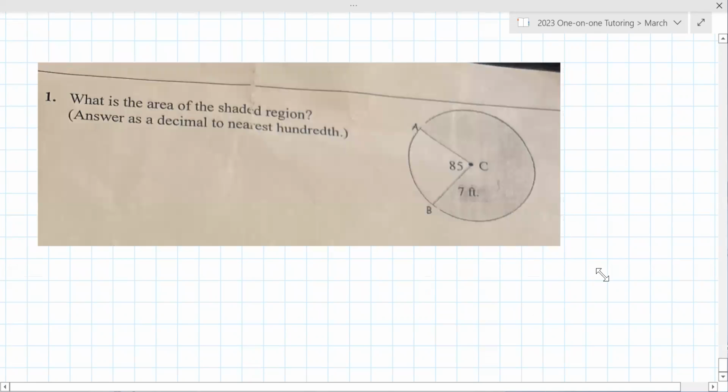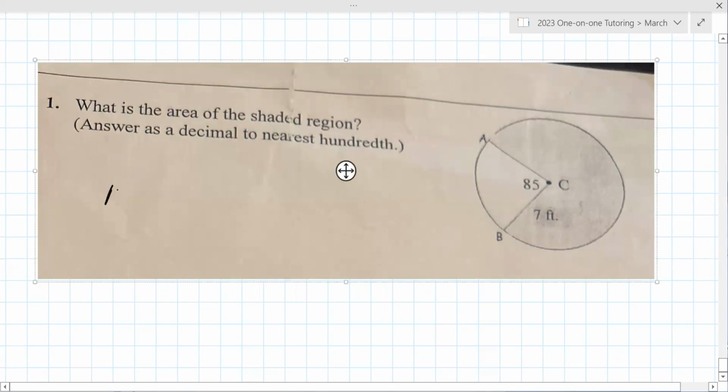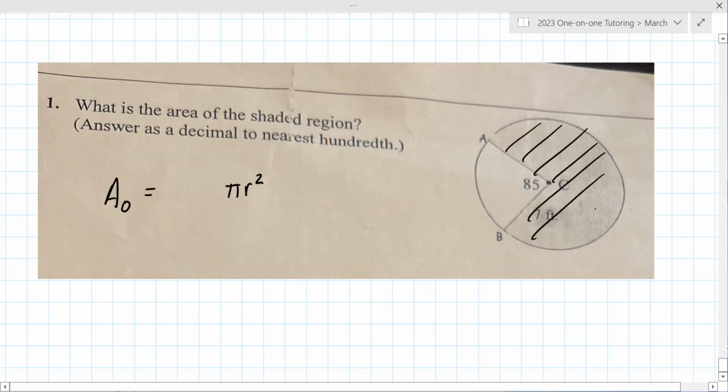All right, what's the area of the shaded region? The area of a circle is pi r squared, okay? But this shaded region, this sort of Pac-Man, is not the whole circle, right? It's a fraction of the circle. If you were to go all the way around the circle, that's 360 degrees, but you're not going all the way around the circle. You're only going 360 minus 85 degrees, because that 85 is there. So you're only going most of the way around. This ends up being what,